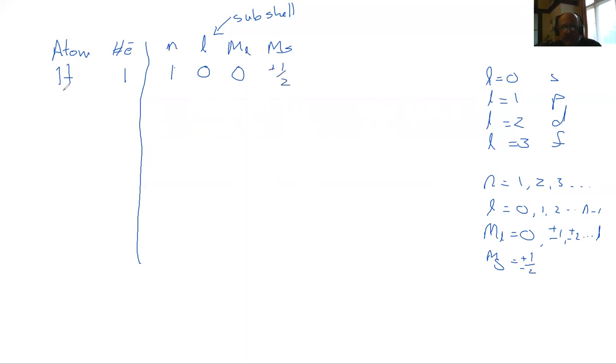So the next atom we have is helium, and helium has 2 electrons. This shell is not full because we've only put 1 spin state in. So n is 1, and these two are still only able to be 0. Minus a half. And now when n is equal to 1, we have no other options. I can't draw any other combination of 4 numbers obeying these rules that I have not done before.